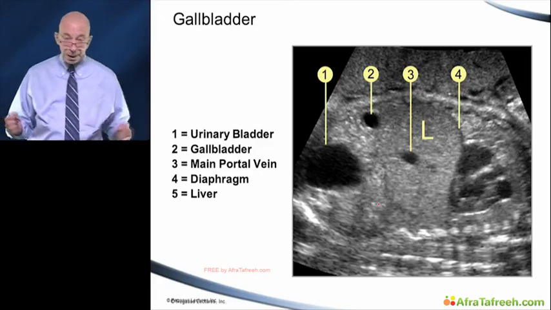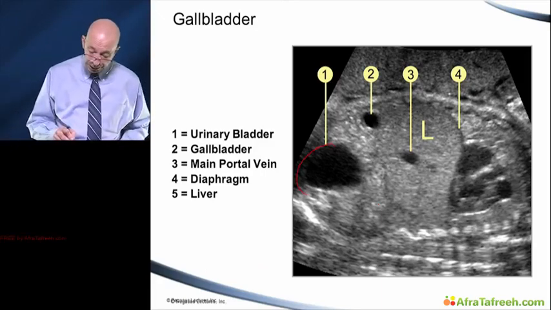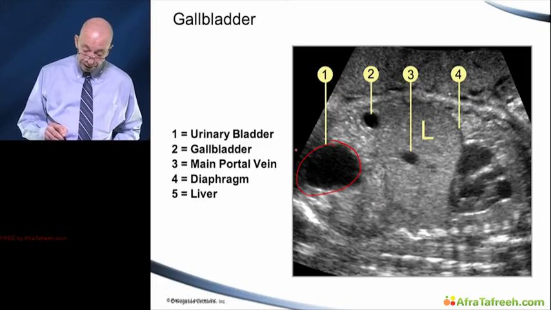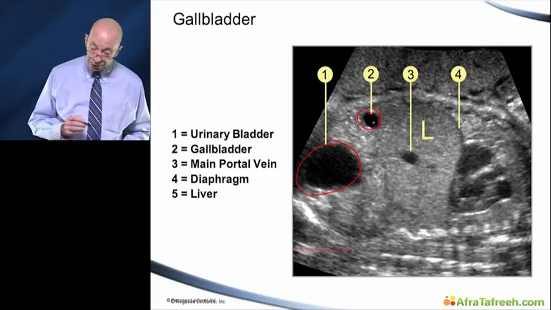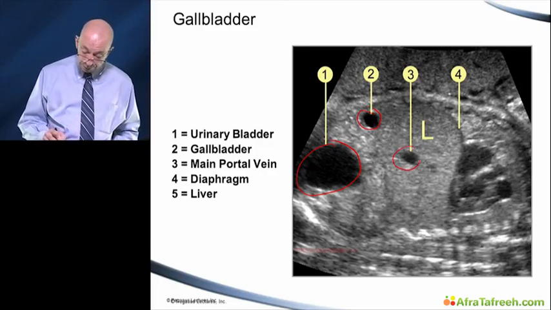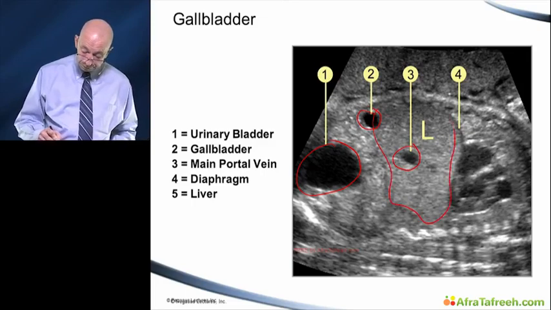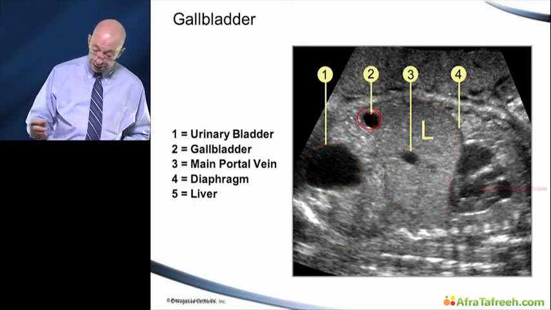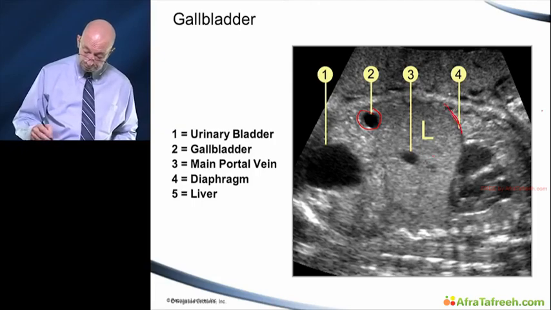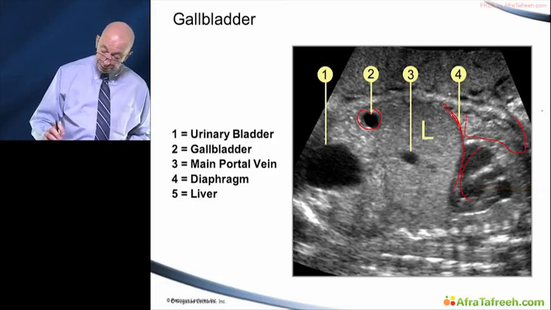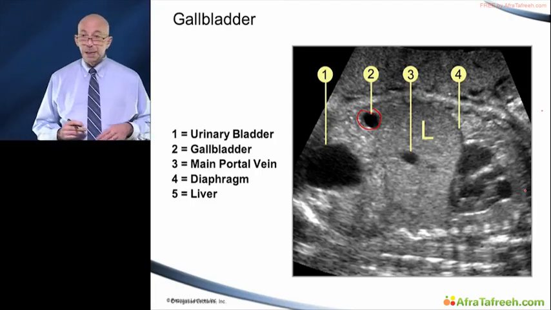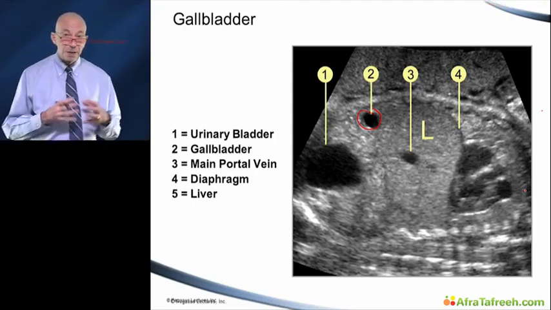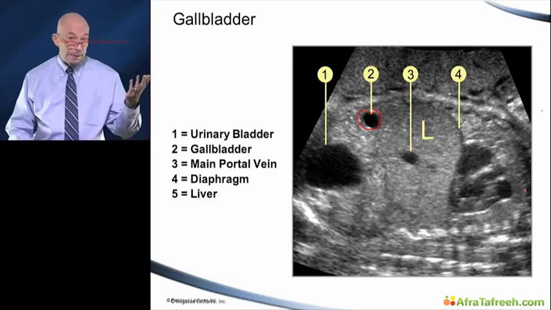Again, this is a coronal section through the fetal abdomen, demonstrating a urine-filled fetal bladder, the gallbladder on the undersurface of the liver, the main portal vein, and the liver. We're seeing the diaphragm, lung, and heart. Assessment of the fetal diaphragm is important in looking for certain other types of internal herniation defects, such as diaphragmatic